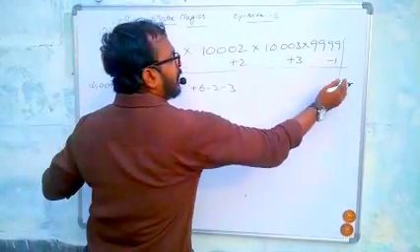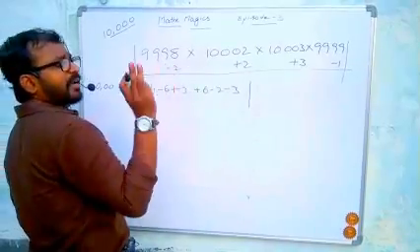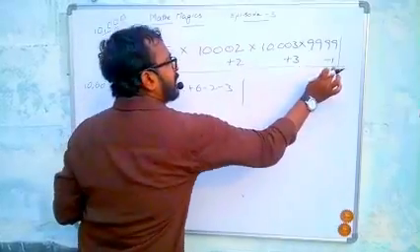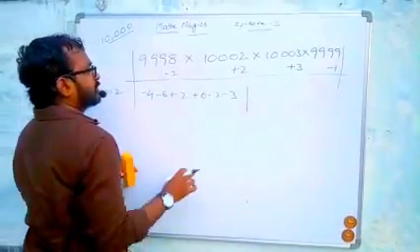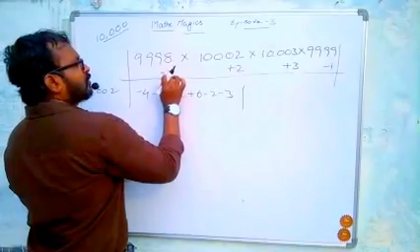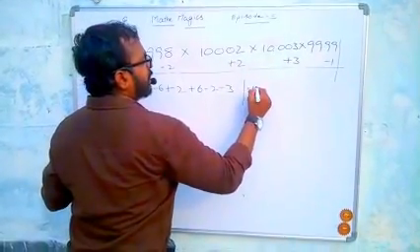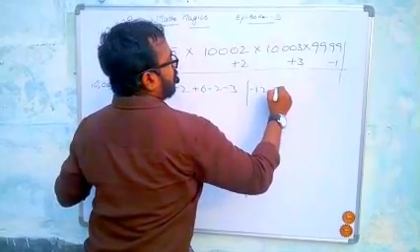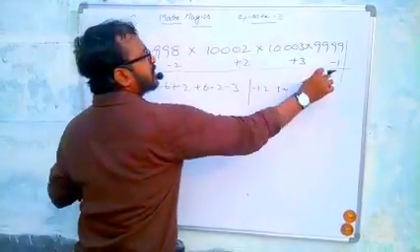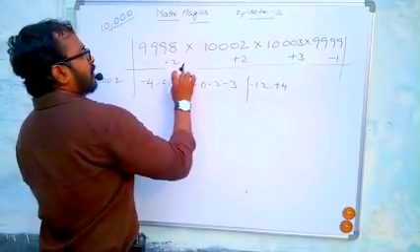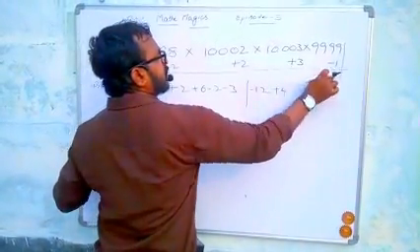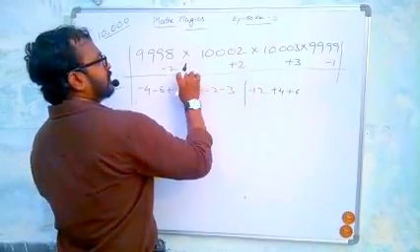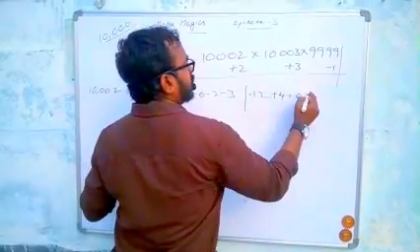That's all. And finally, the next step is three numbers at a time, triads, we have to take. A, B, C and A, B, D and A, C, D, like that. So 2 twos are 4, 4 threes are 12, it becomes minus 12. And now 2 twos are 4, 4 ones are 4, it becomes plus 4, because minus into plus is minus, minus into minus is plus, and again minus into minus is plus. Now 2 threes are 6, 6 ones are 6, it is plus 6. And finally these three: 2 threes are 6, 6 ones are 6, minus 6.